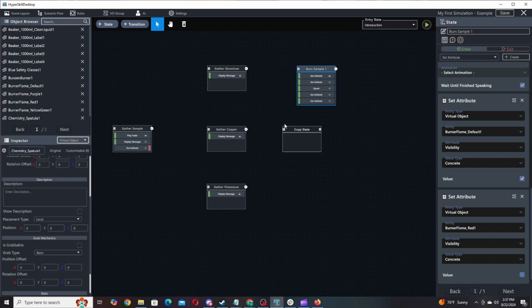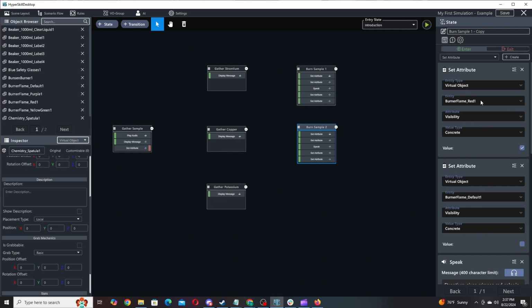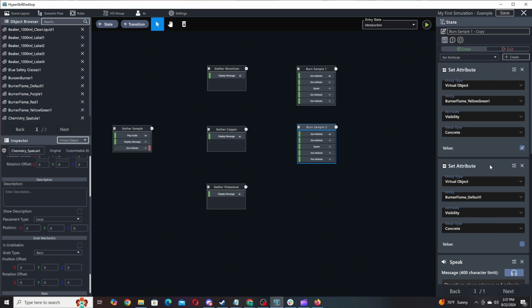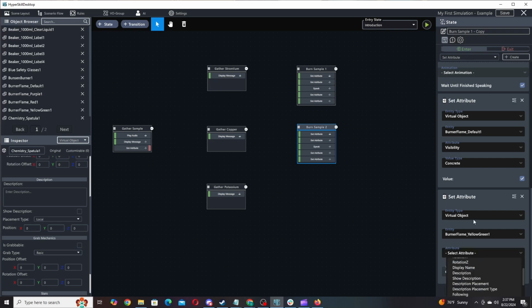I'm going to now copy this, and for the copper, I'm just going to change this from burn sample 1 to burn sample 2. And a lot of this is going to be the same, except rather than a red flame, like we did with strontium, we're going to do a yellow-green flame, because that's what color copper burns when you burn it. So hit the drop down, find it and make it visible, scroll down, change what was red to yellow-green, visibility to false,